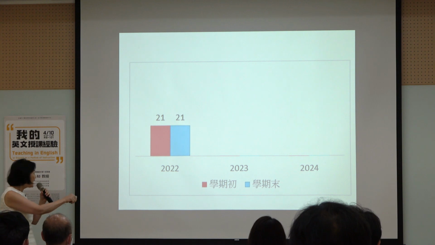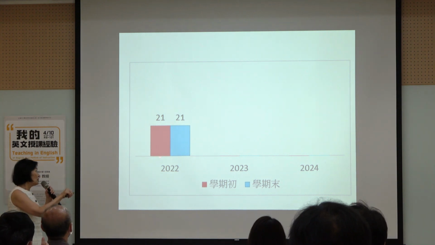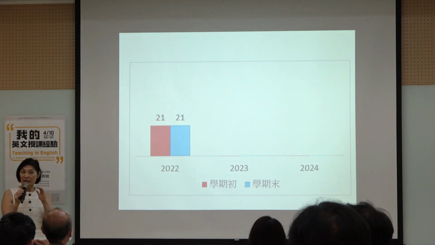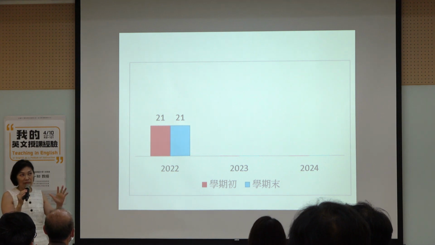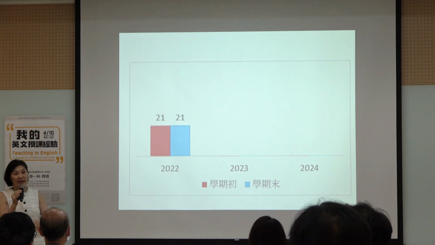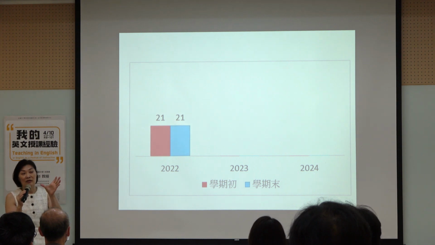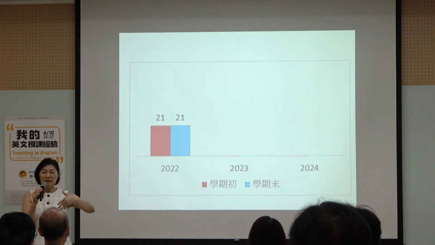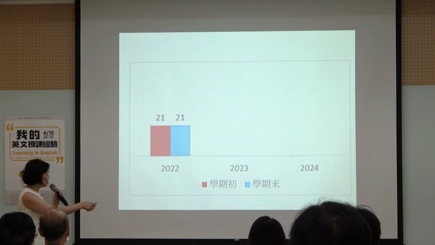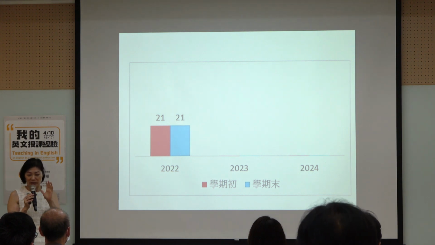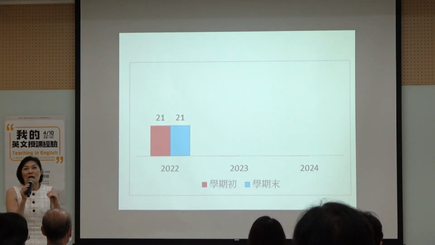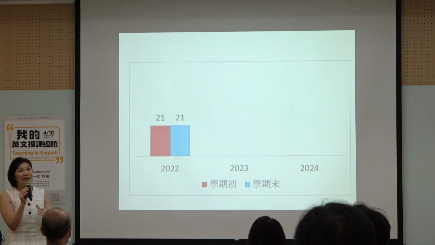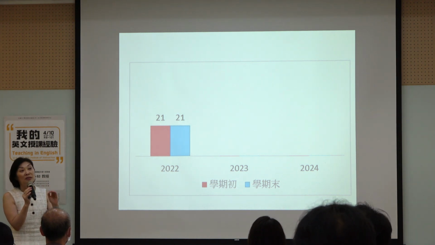And for this year, actually the students are starting not so high in English. There are more than 4 or 5 students, I think, who can barely speak English at the beginning of the semester. But by the end, I force them to use whole sentences. So it's a different level. For 2022, I don't think the English was so good, so I really have to force them. I told them you have to speak in a complete sentence.